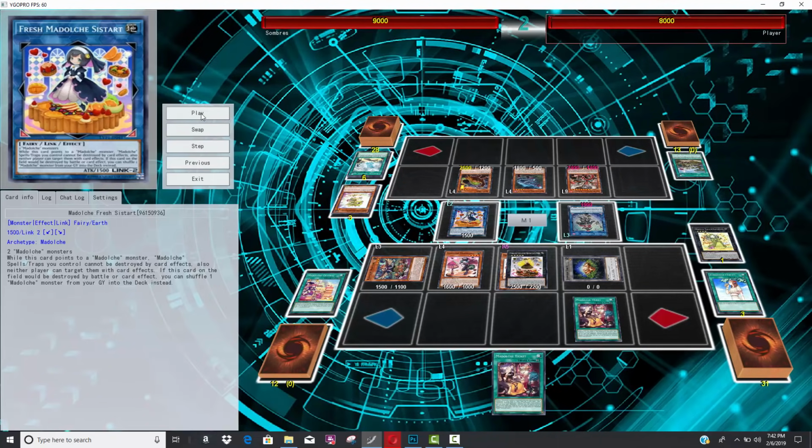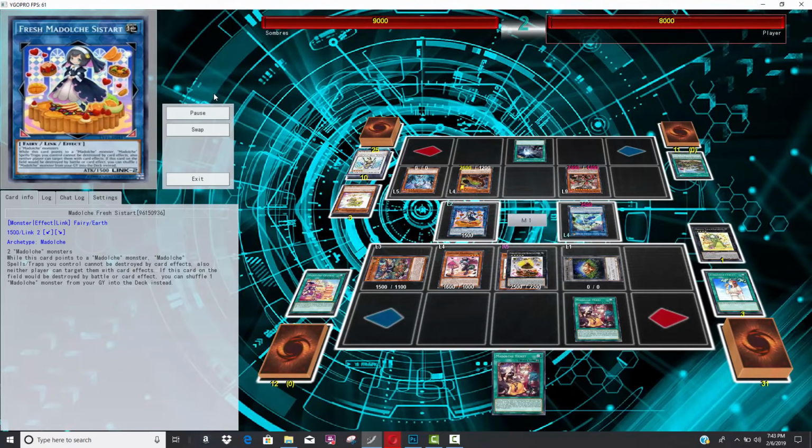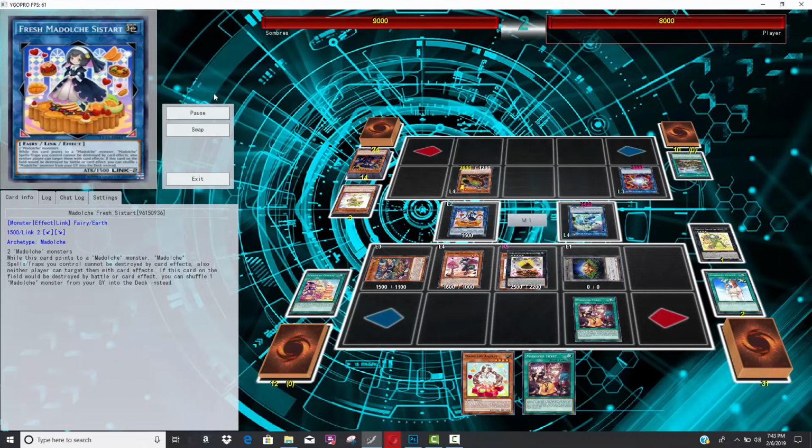Chalice, but I think the Dinosaur player was afraid, or excuse me, the Madolche player was afraid of the search of, or I don't actually know, well, he had already searched, so I don't know what he was afraid of, to be honest, because I was like, maybe he was afraid of Conductor Tyranno, but he had already used his search. Anyways, dinosaurs are getting real now, drops the World Legacy Miko, and going for the Neck Knight Astra, man,